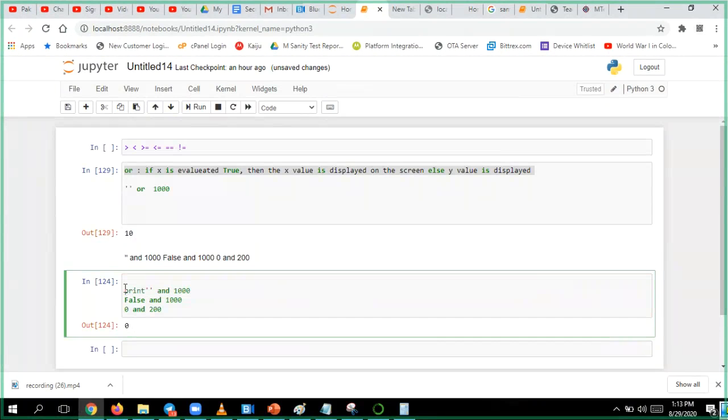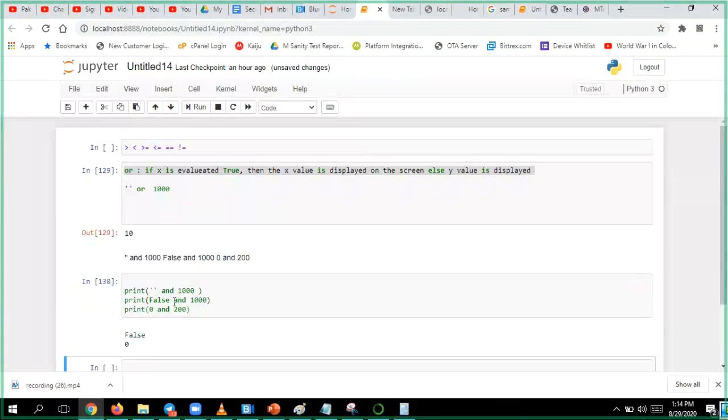Print. I don't know how good it is, whether this statement we can write directly in print or not. I think we can write it.